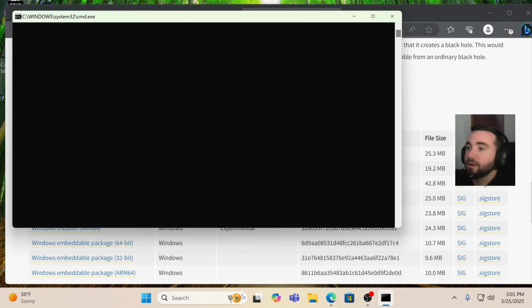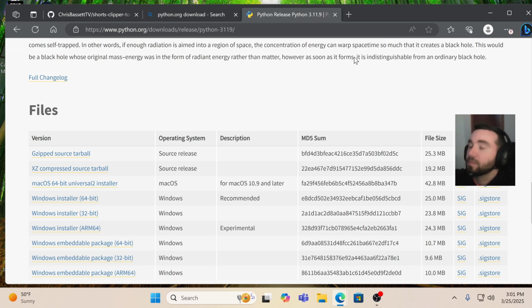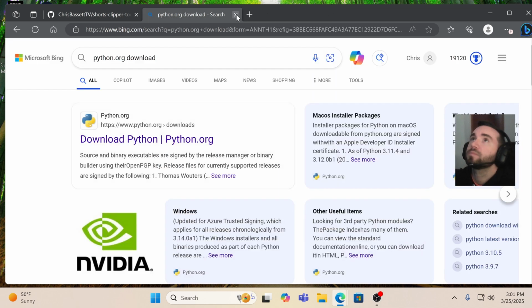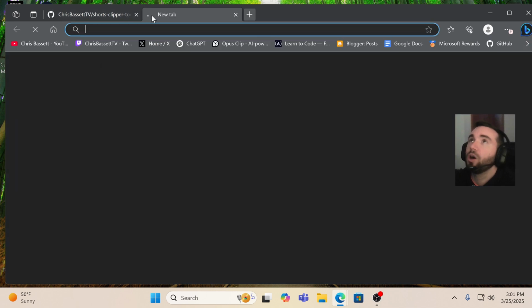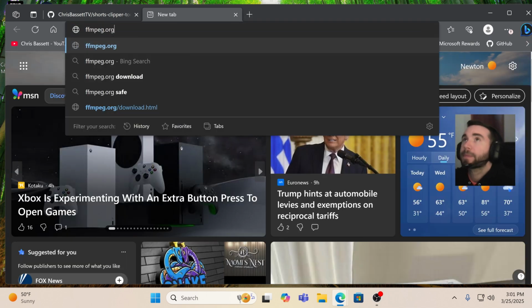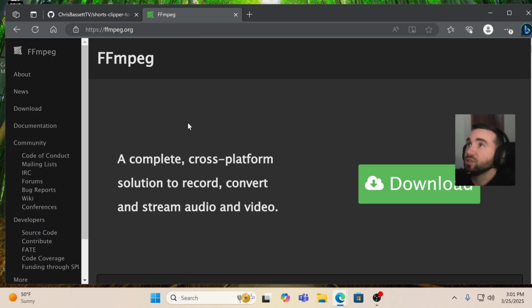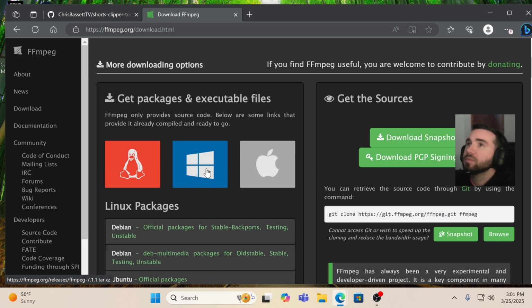But then you also need to download FFmpeg. So that is right here. Go to ffmpeg.org. So like I said, the README will have all that other stuff, a bunch of additional information. Okay, so we'll go to ffmpeg.org. You'll need to download this. So make sure you hit the download button, and then once you do that, you want to go to